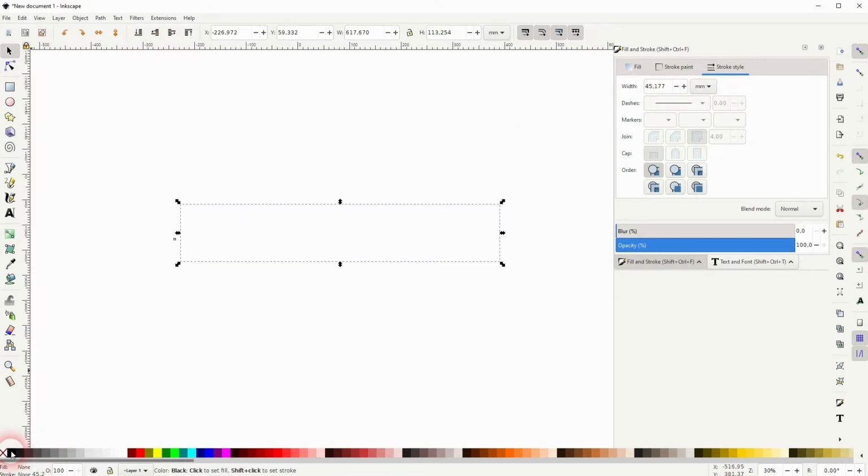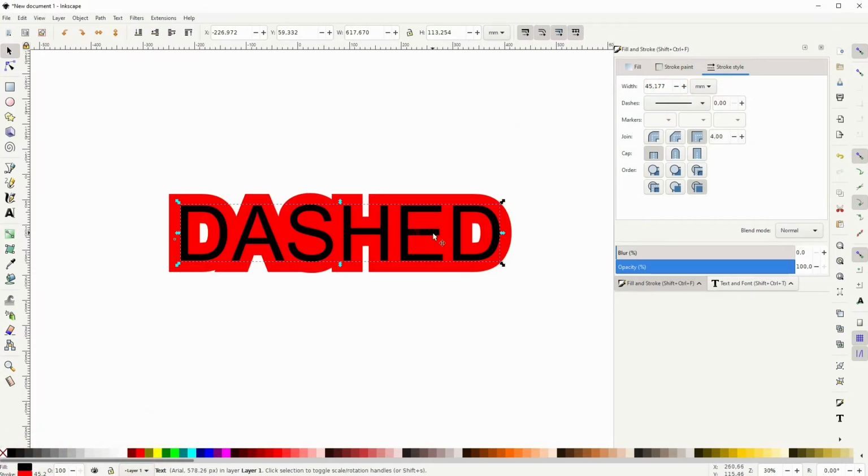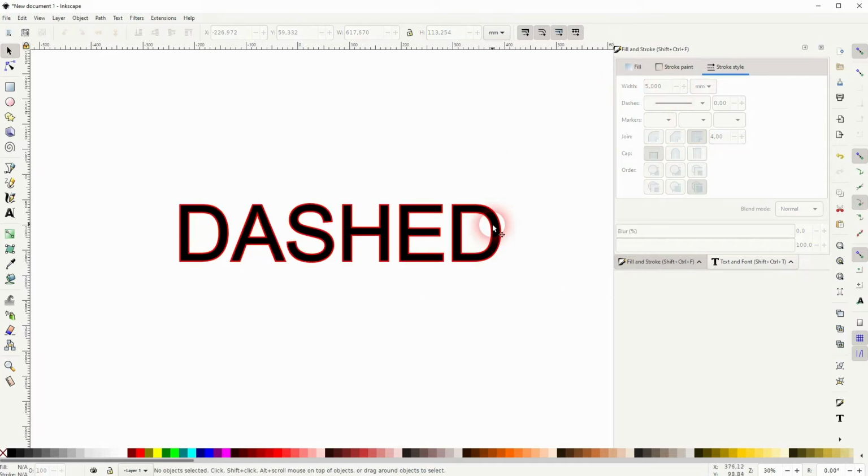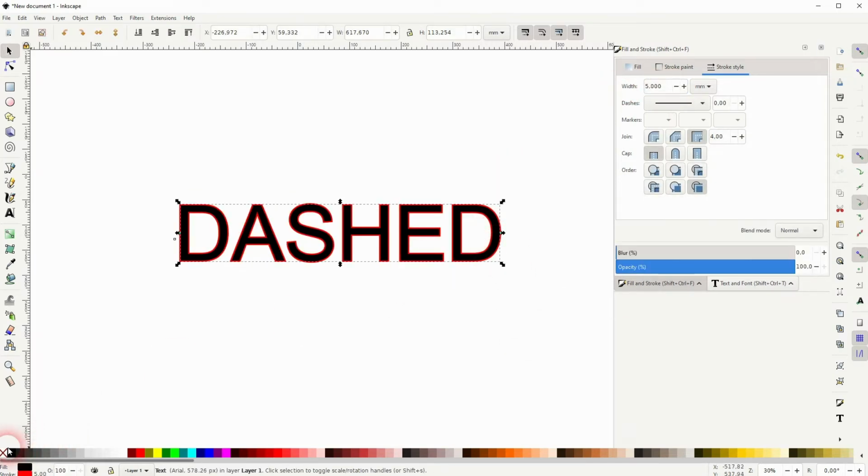Let me give it a stroke and I'll keep the fill for now. So the red is now the stroke, and I'll make it around 5 millimeters. And now let me get rid of the fill, so the stroke is the only thing that we've got, and I'll make that black. So hold Shift and click on the black color swatch, and under the drop down dashes you